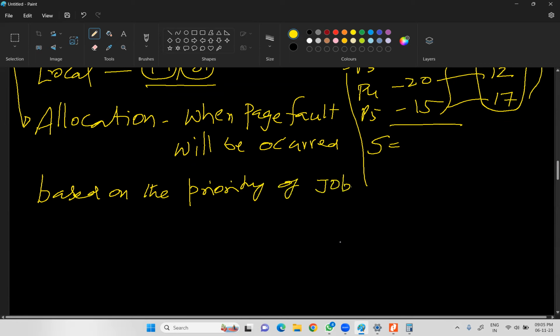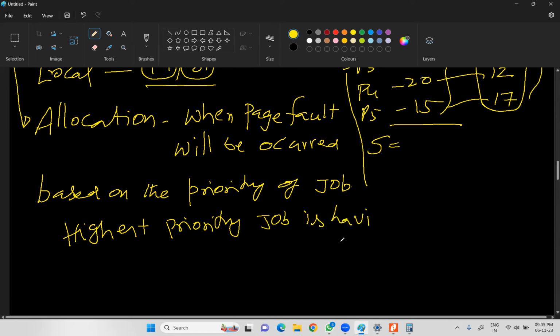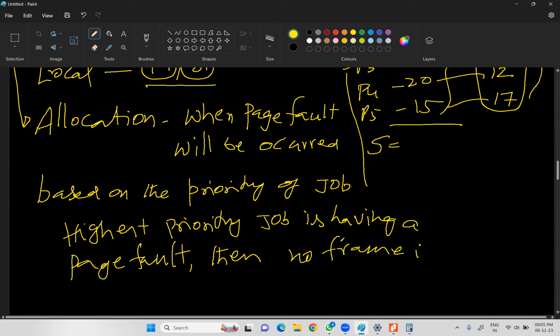If the highest priority job is having a page fault, and no frame is available,